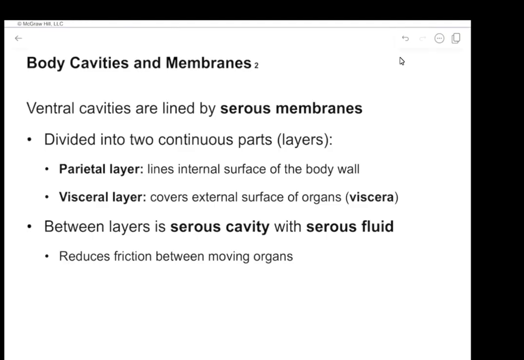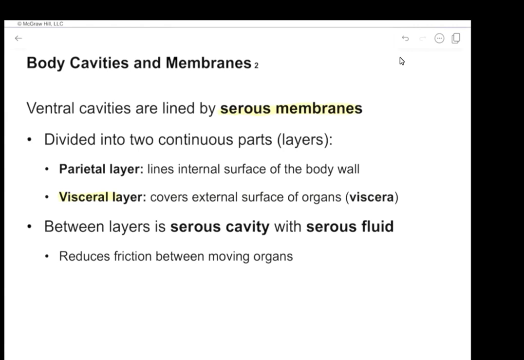When we talk about body cavities, we have to remember that there are membranes within them. Specifically, these types of membranes are wet membranes, and they are called serous membranes because they produce a fluid called serous fluid. And they're primarily around three main cavities, and they're subdivided into two different surfaces, one being the